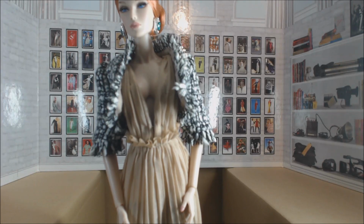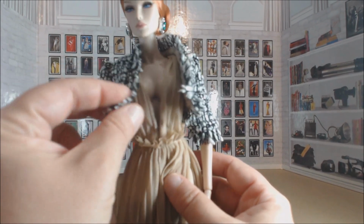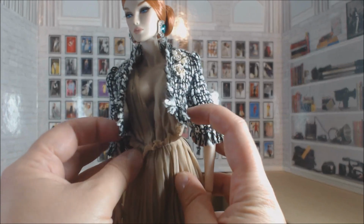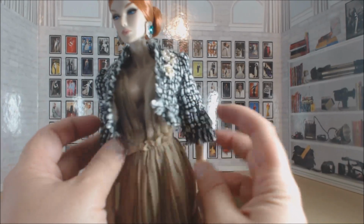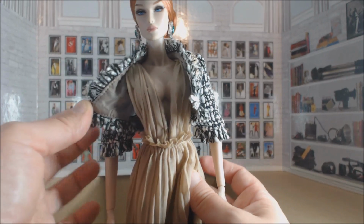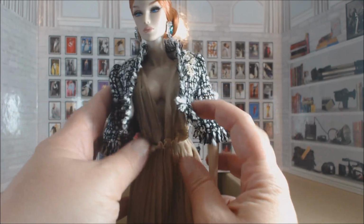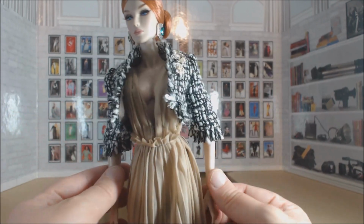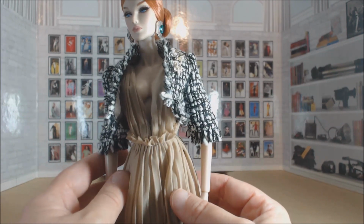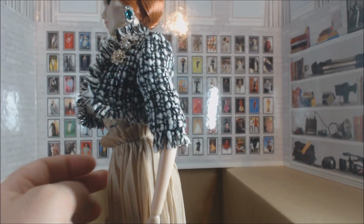The jacket is gorgeous. It is black and white, boucle, very Chanel, bolero cut, as you can see because it goes right above her waist, lined in the same color as her dress. Very nice. But again, you wouldn't put a Chanel jacket with a free-flowing dress like this. Though you would, and very appropriately would,